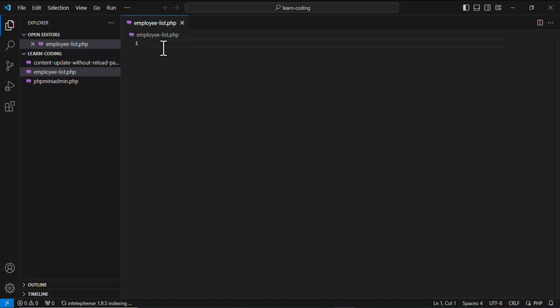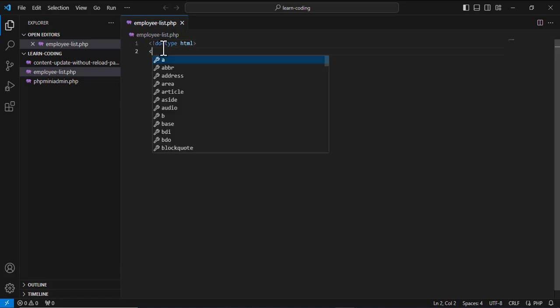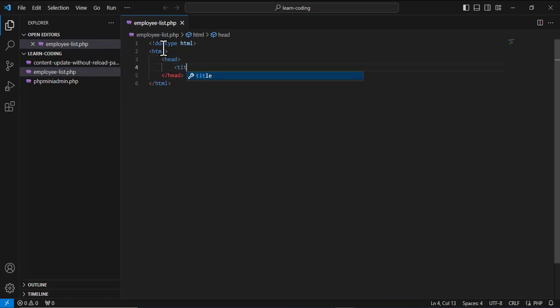Now first of all we will write the HTML basic syntax. Title will be show dynamic data in